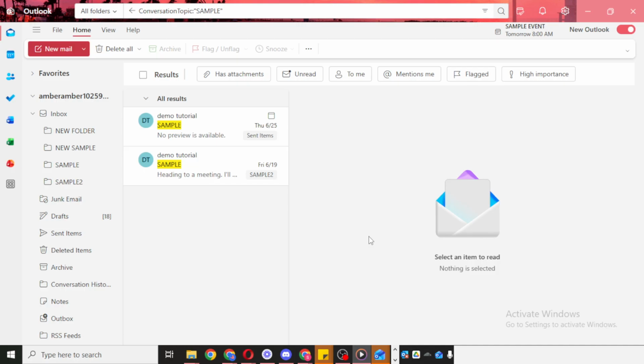To begin, open Microsoft Outlook on your device. Make sure the app is fully loaded so you can see the main Outlook window clearly. Once you're in Outlook, take a moment to look toward the upper area of the screen where you'll find the settings controls. Next, click the gear icon.